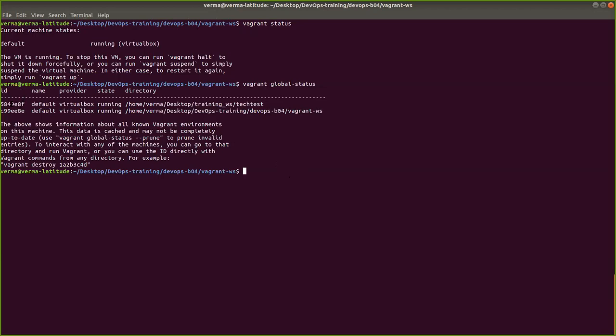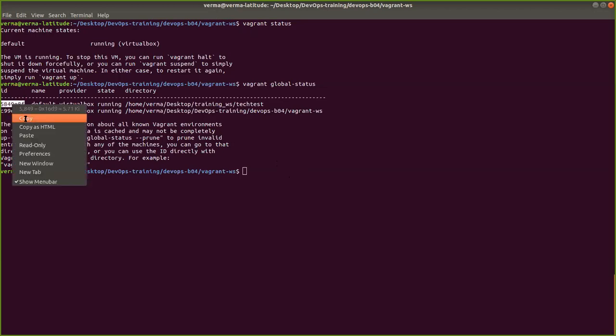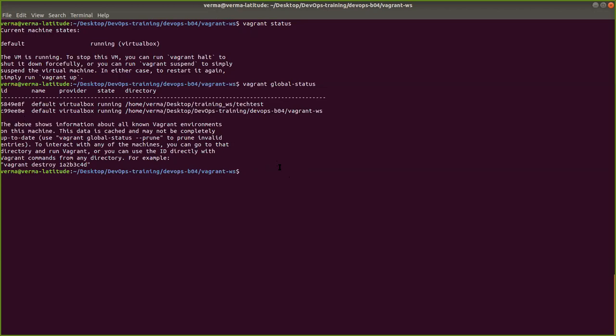I'm going to copy this ID, this is my old one which is running, and do vagrant destroy. After creating a machine, you can destroy it as well, and you just paste the ID. That machine will go off and your resources will be released, so your computing resources like RAM will be freed up.